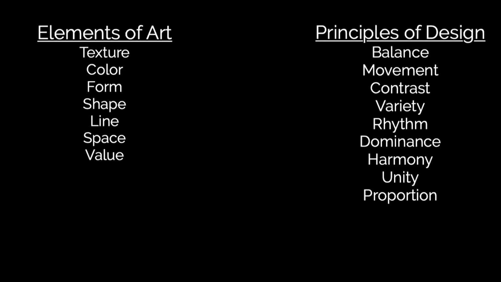So basically what you're going to do is you're going to take one from each column and use the two of them to describe what you're seeing in the artwork. So therefore, if I took both of the top ones there, I might look to see if there is balance in the texture of the artwork. So perhaps the art has a couple of different types of texture and there's not one that is more dominant than the other. So let's try to put this into practice.